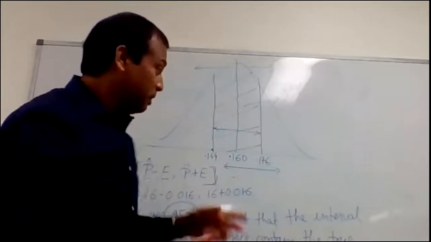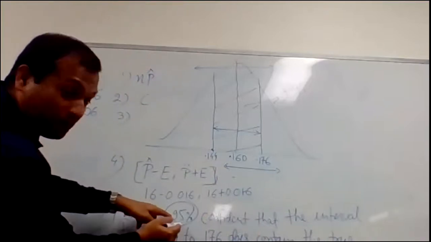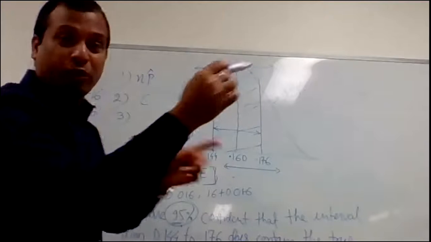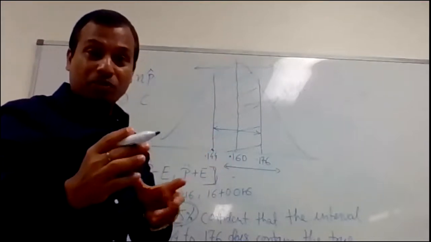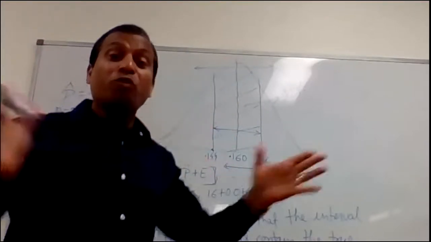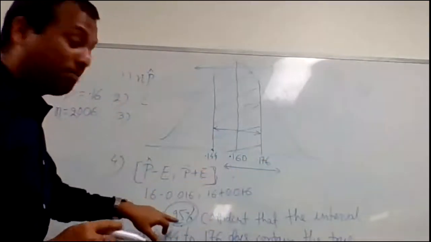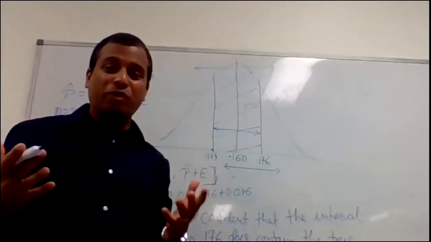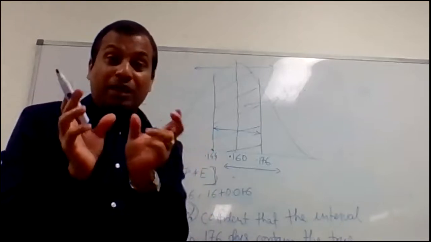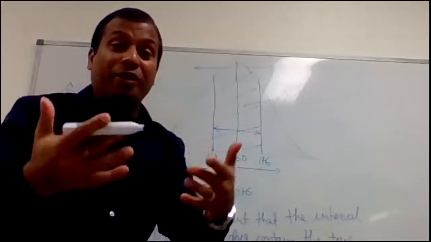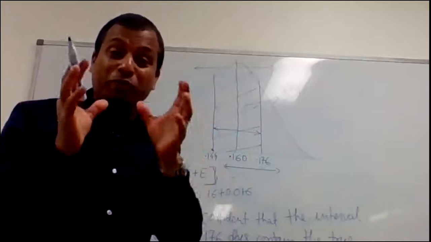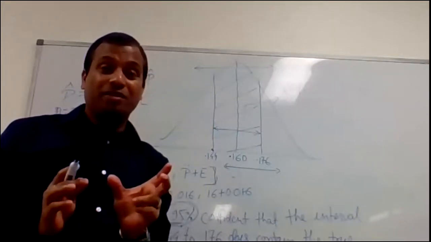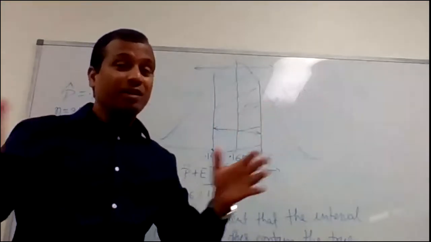If you do the same calculation with 99%, your critical value will change from 1.96 to 2 point something. So your range will be wider if you consider 99%. As a researcher, which one will be more accurate for you, more confined? The shorter the range, the more confined you are. Your findings will be more valid if you come up with the shorter range, but a much wider one is not valid.